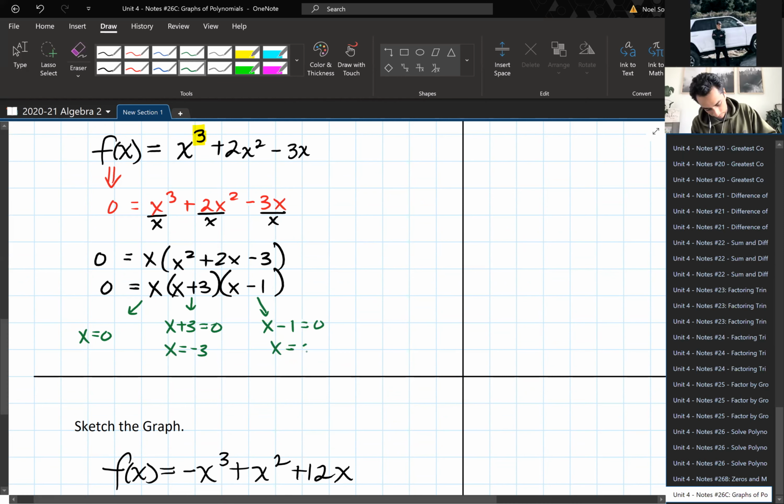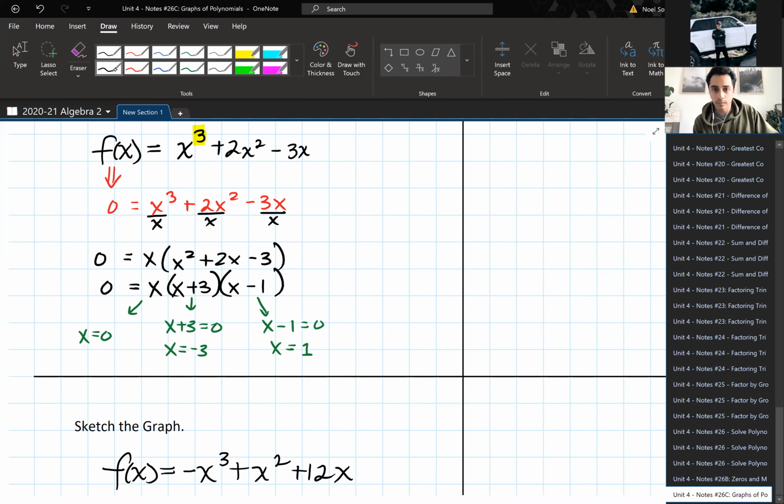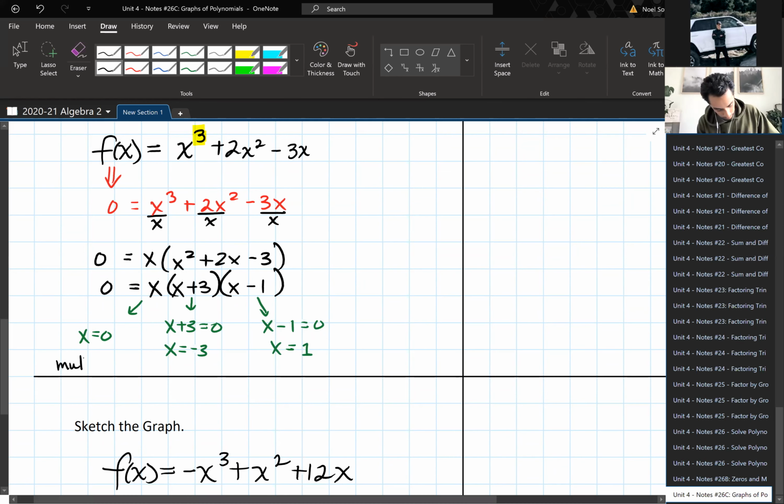This one will be +1. They all have a multiplicity of 1, that's right. So multiplicity of 1, which means odd multiplicity,